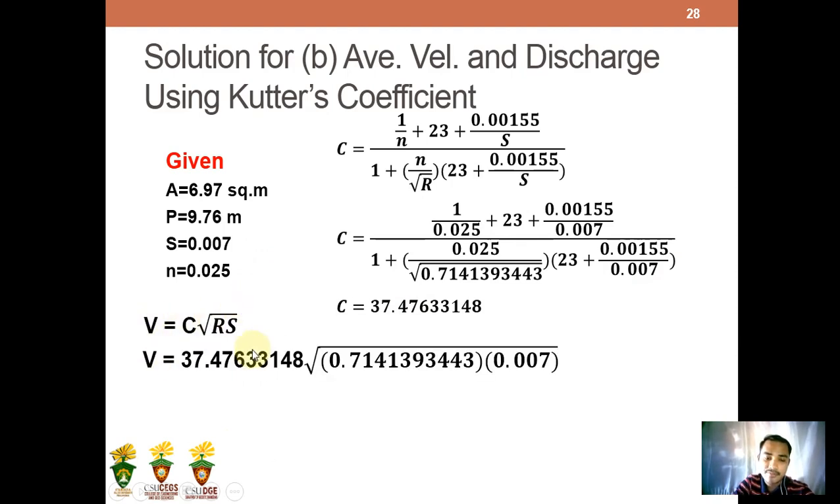Now, substitute the value for C, 37.47633148, times the square root of R, substituting the value of R to be 0.7141393443, times S to be 0.007. So we can have the value for velocity to be